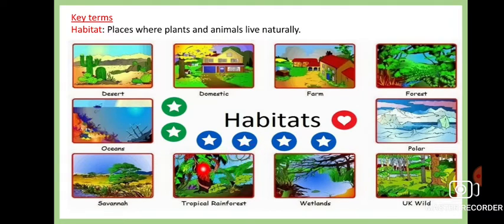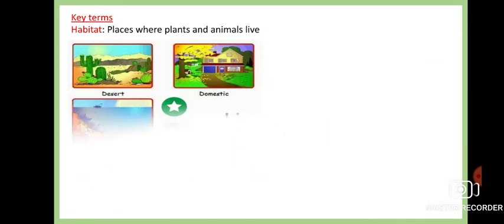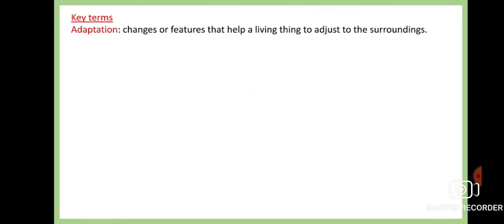Here you can see the rainforest environment, which is extremely hot with tremendous rainfall. So definitely that environment is not similar to the polar environment, and the wild environment or the aquatic, water environment, are not similar to the domestic one. So each and every environment is different, and different animals and plants are adjusted to these environments by some special features. So this is called the habitat of the plants and animals.